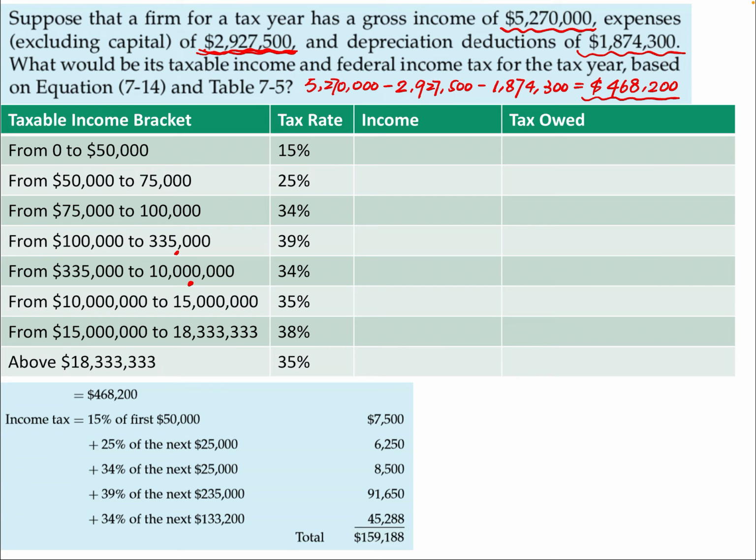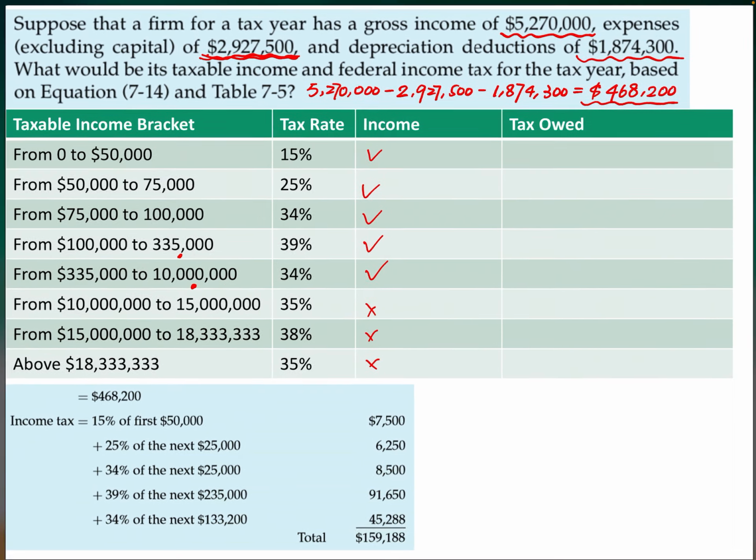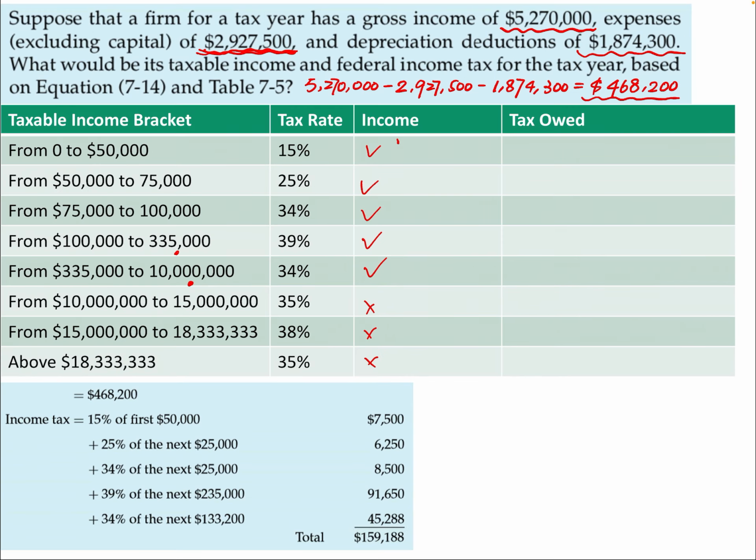Okay, so you want to slice your gross income and fill this table, but you know that you're going to fill up this, but not this, because your total income is under 10 million. Okay, so first, for this 468,200, you have first, it is made of 50,000. That's the first 50,000, right? And then